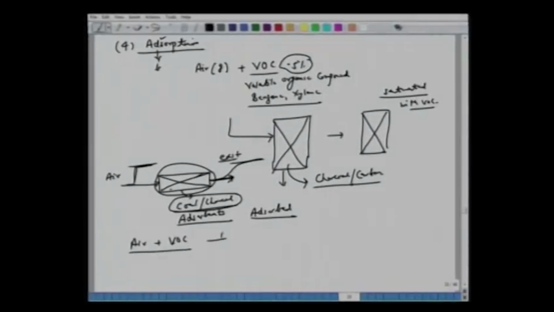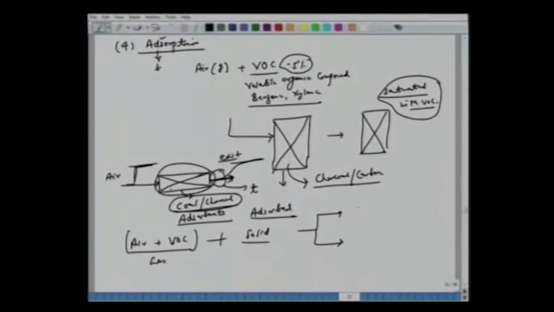We bring in contact with the different phase. So this is gas phase. Now we are bringing in contact with the solid phase. Here also we achieve separation. So for long time, or for this time t, till the bed is saturated with VOCs, we also